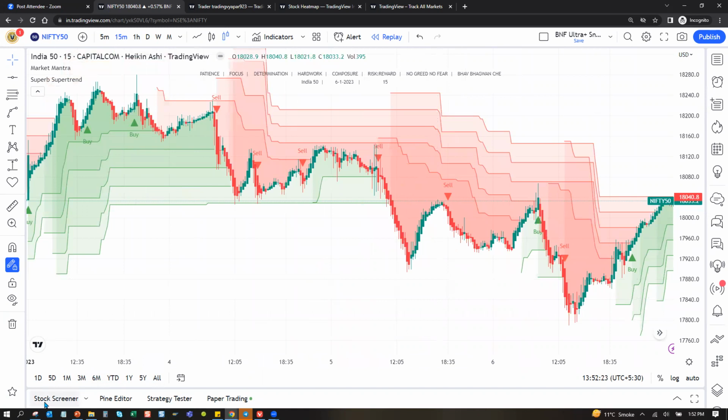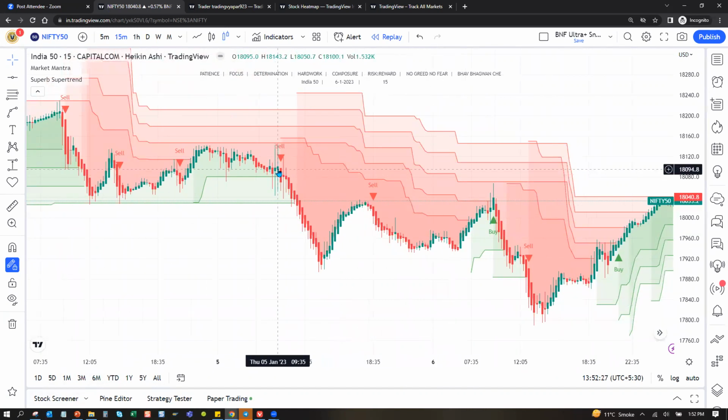Even if I do a strategy backtesting as I showed for one of the premium indicators, it will give very high success on Heikin-Ashi. But actually the data has been smoothened and this is a false representation of a backtest on Heikin-Ashi. TradingView platform itself alerts if you do anything on Heikin-Ashi. So I just wanted to tell that to you.